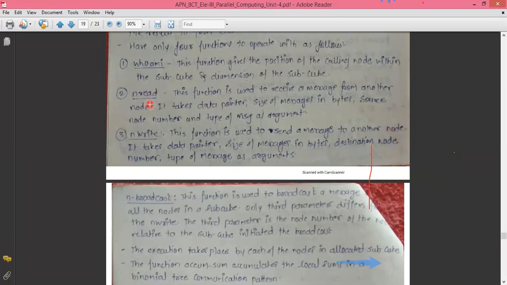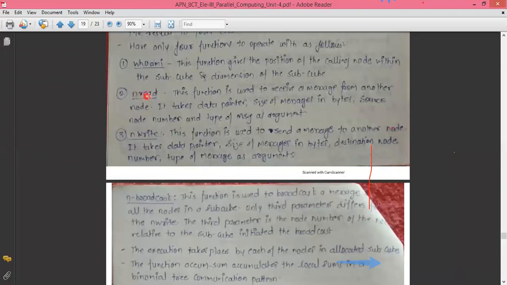Likewise, at the end, when the root node is receiving the message from all the nodes, it is not in a position, because one node can read only one message at a time, but there are n number of nodes. So if a node has to read multiple messages at a time, then that particular node will execute the nread function. Who am I gives the exact status of that particular node, whether I am a parent process, parent node, or child node, for the purpose for which the node has to be originated.